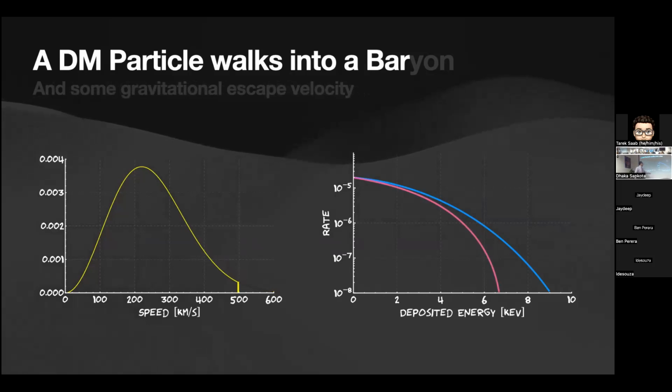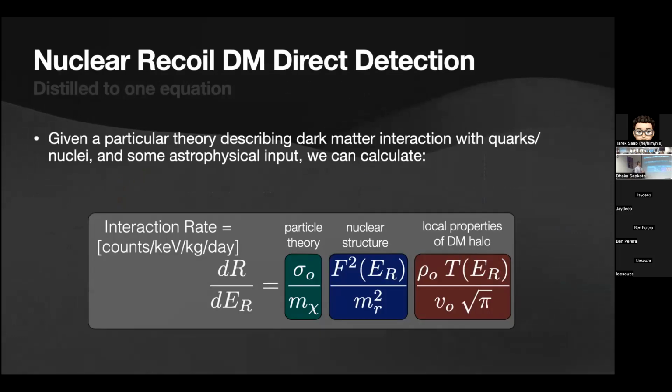And again, the last thing I want to show you is if we do add that cutoff velocity, the escape velocity, then that just serves to push the spectrum even lower. All right, so this is, I think, maybe one or two equations I'll include today that show you how we can calculate the previous curve.